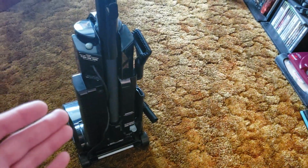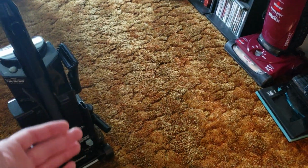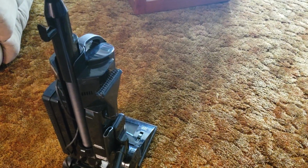So again, the cord is very nice. It has a nice long cord. It's easy to service. It has a bare floor tool, so while it doesn't do great on bare floors by itself, it has a bare floor tool that's included and rides on board, which is really nice. So you can still easily use it on bare floors out of the box without having to buy any additional